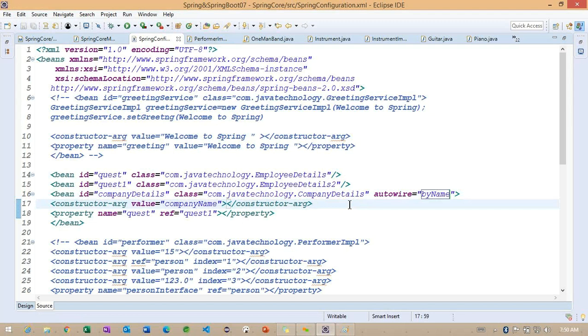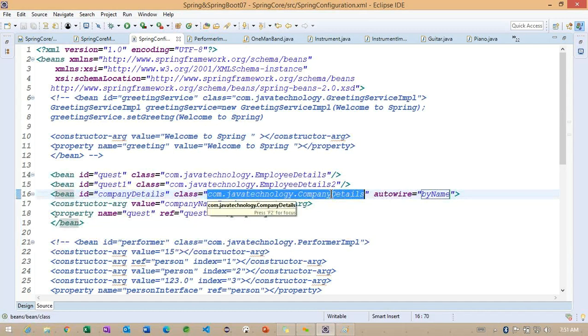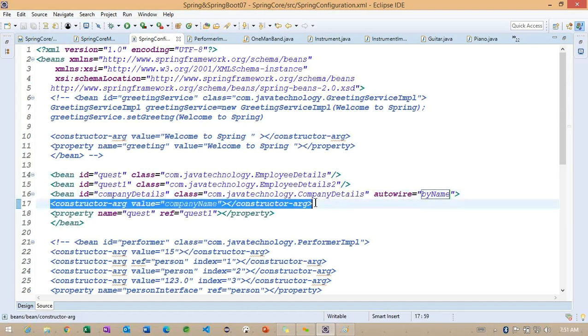So whenever we specify this, I'm not going to write these two sections. Now for this company details, we are going to create an object. Whenever we create this company details, we are going to work with the dependent beans. The dependent beans we are having are the company details. So let me comment